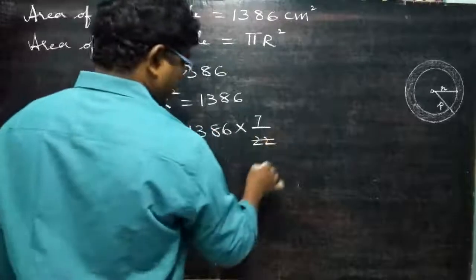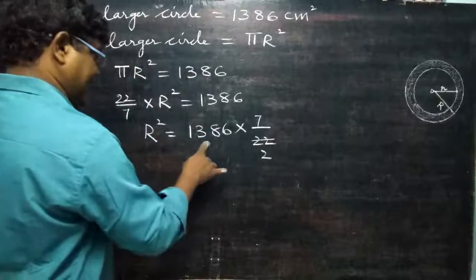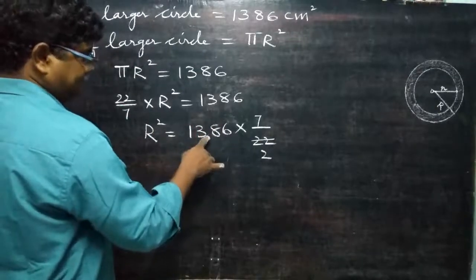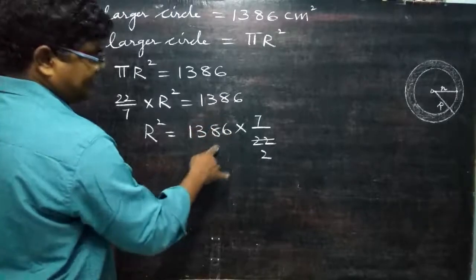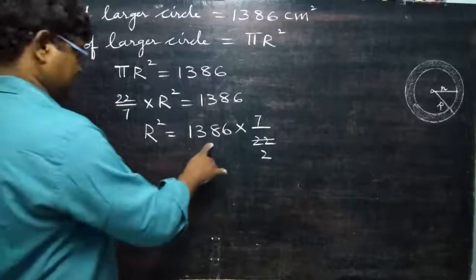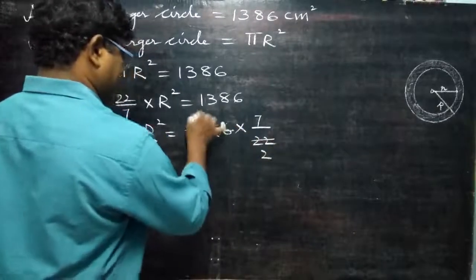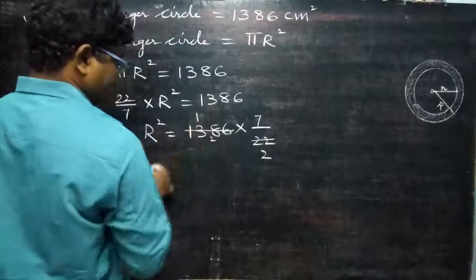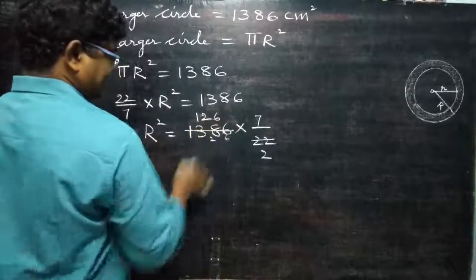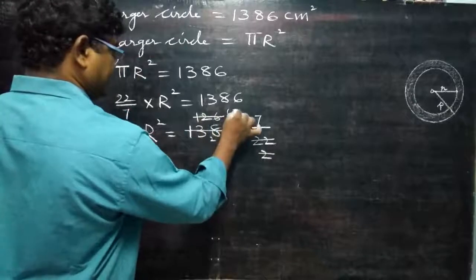11 table. 11 2s are. Sir, how do you know exactly? You are telling means take alternate digits. Test of divisibilities. 1 plus 8 is 9. 3 plus 6 is 9. 9 minus 9 is 0. Either 0 or divisibility of 11 should come. You know this test of divisibilities. So 11 2s are here. 11 1s are 2 remaining. 11 2s are 22. 6 remaining. 11 6 are. Again 2 table goes. 2 6 are 12. 2 3s are.